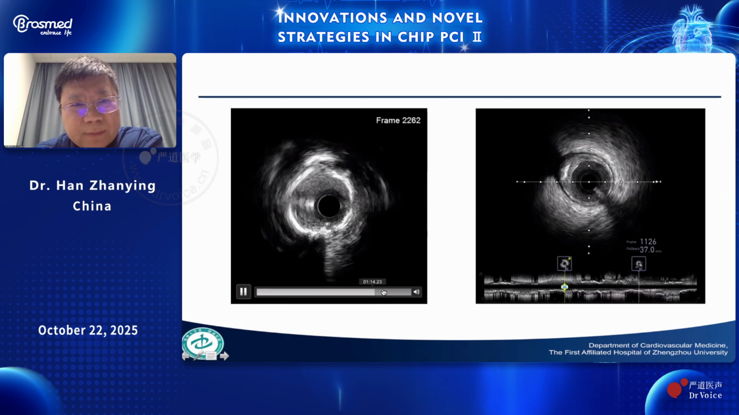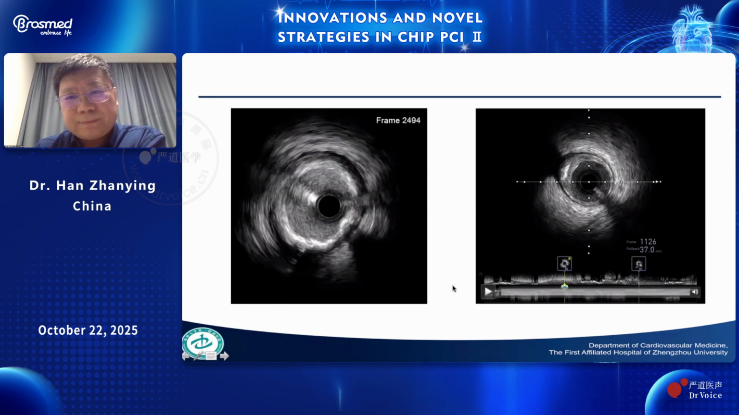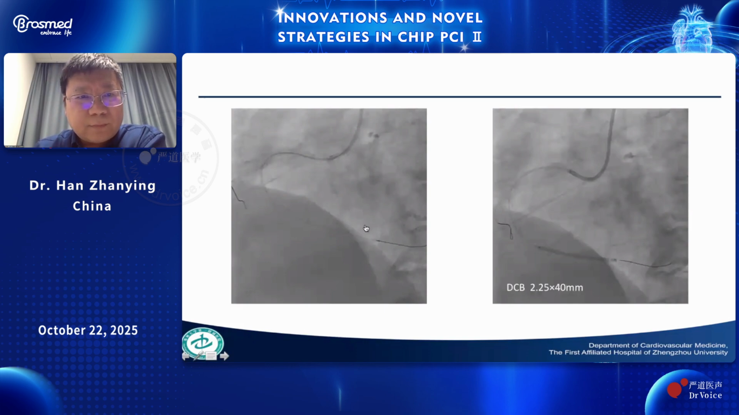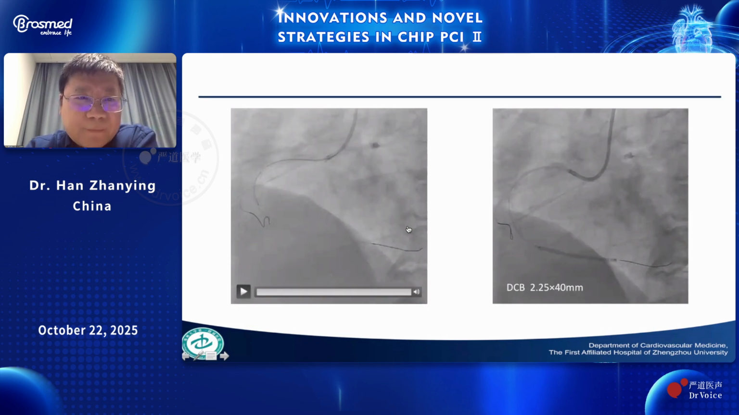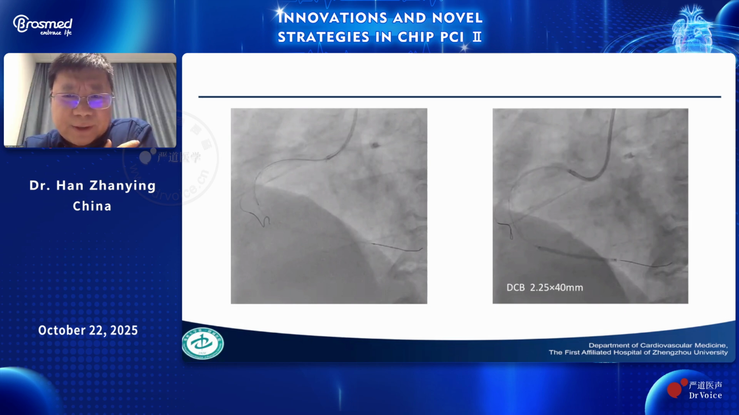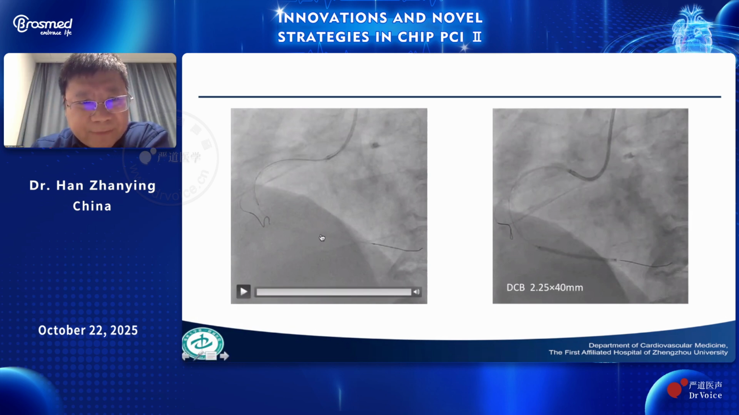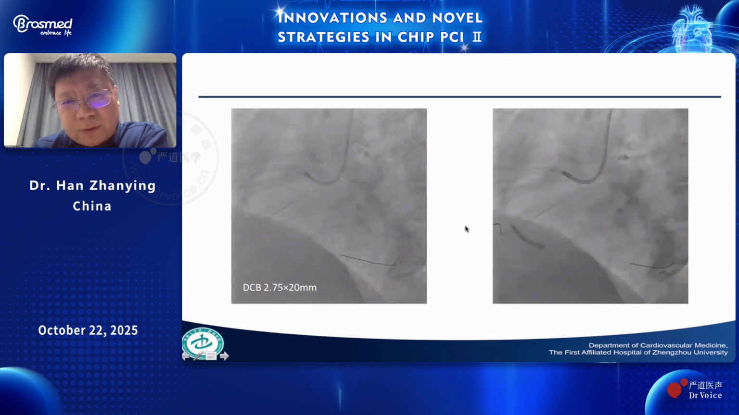You can see this one. Then after the predilation, what's the strategy for these long lesions and perhaps not so serious calcification lesions? I think, according to our center's experience, you're choosing the DCB in combination with the DES, the hybrid strategy for the right